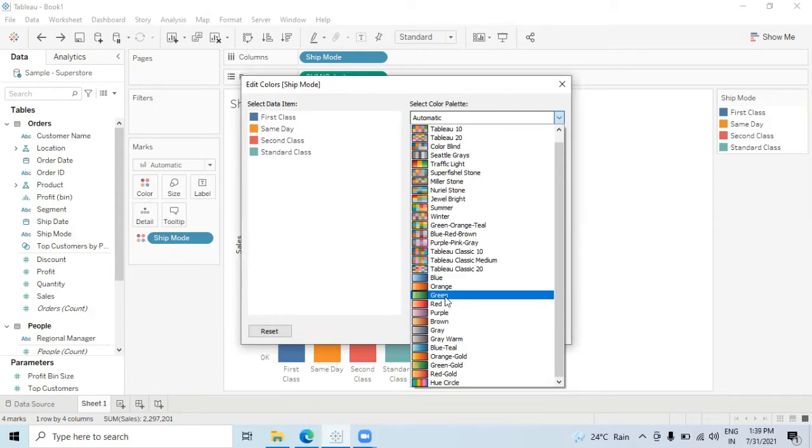For example, any organization could have fixed color templates that should be used in the visualizations. You can create your own custom color palette and share it across your team, so that all of your team uses the same colors across all of your dashboards. Or you can add some other colors which are not already present in Tableau. So how we can add those custom colors, that we are going to see today.